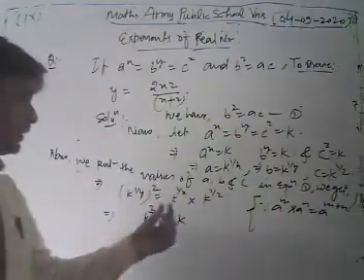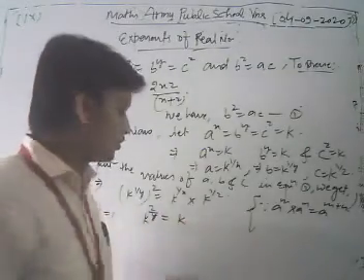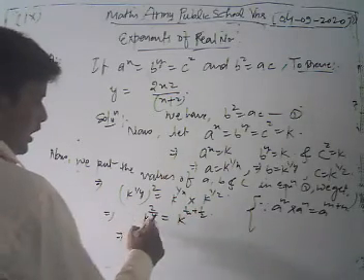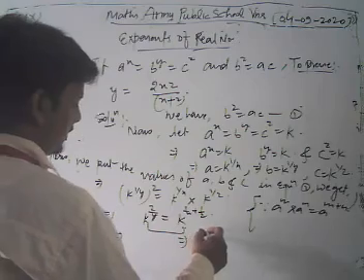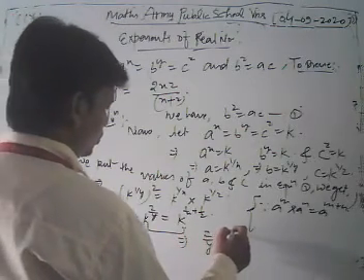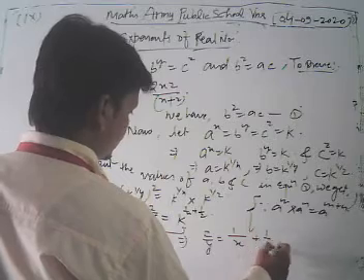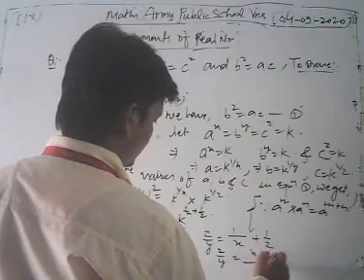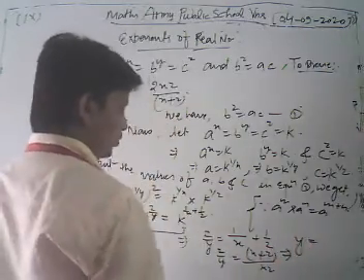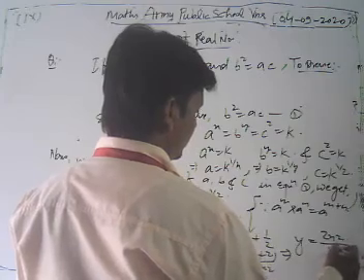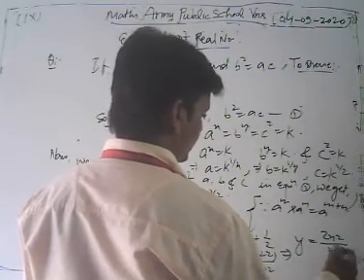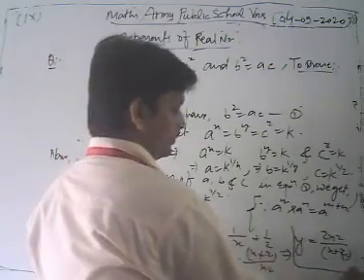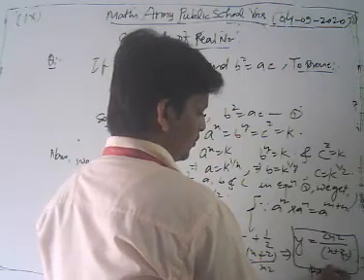Thus, dear students, here bases are equal. So we can write k to the power 1 upon x plus 1 upon z. Now look, on comparing both sides, we get 2 upon y is equal to 1 upon x plus 1 upon z. Now we take LCM as xz, so we get x plus z. In this way, the value of y is equal to 2xz upon x plus z. So in this way, we find the value of y is equal to 2xz upon x plus z. Hence, we prove our